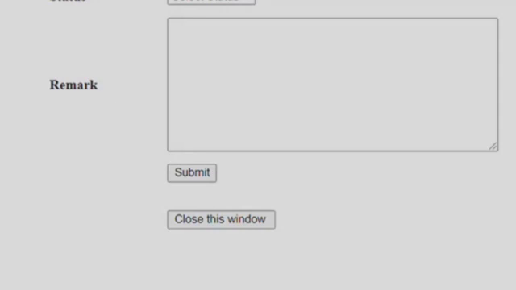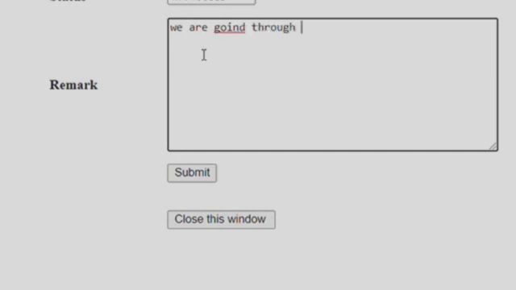If we go through the take action button, we can see the status, select the status. If the case is in progress, we can give the status as in progress. We are going through it and submit.